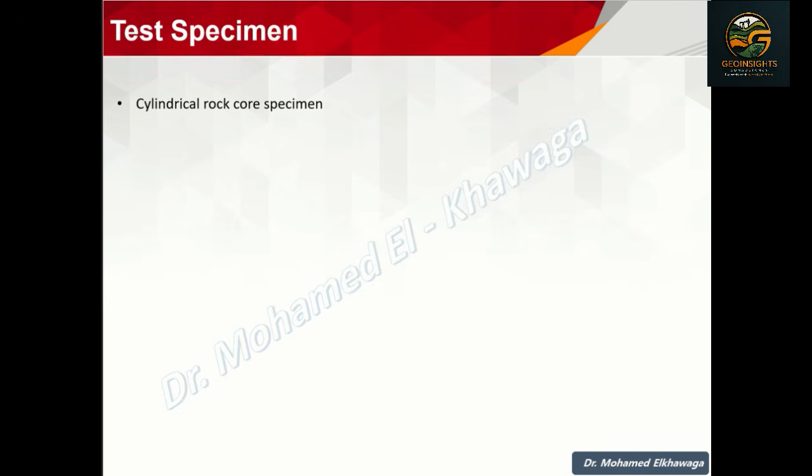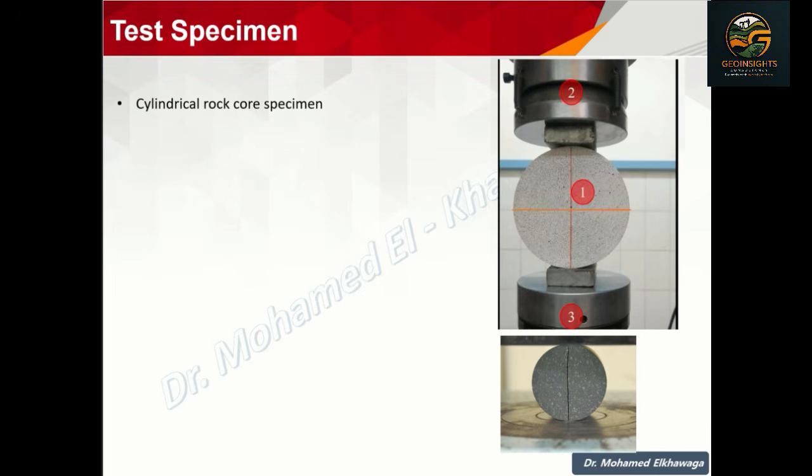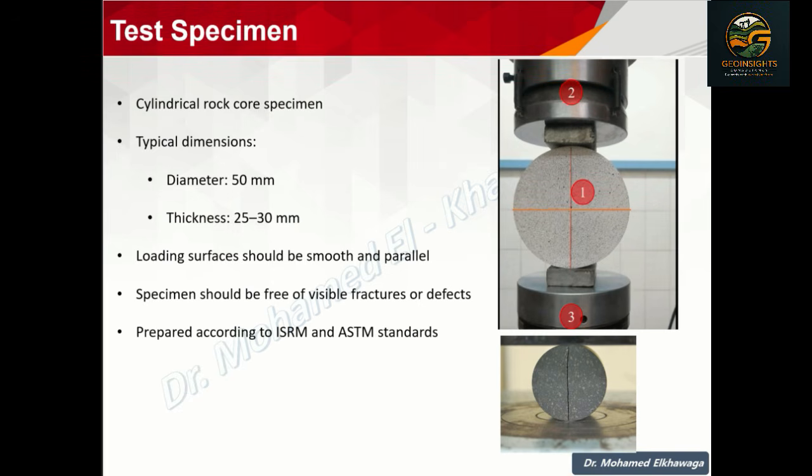Before performing the Brazilian test, the rock specimen must be carefully prepared to ensure accurate and reliable results. The specimen is a cylindrical rock core, typically 50 millimeters in diameter and 25 to 30 millimeters thick. Its loading surfaces should be smooth, flat, and parallel, so that the applied load is distributed evenly during the test. The specimen should also be free from visible fractures, cracks, or other defects, since these can affect the measured tensile